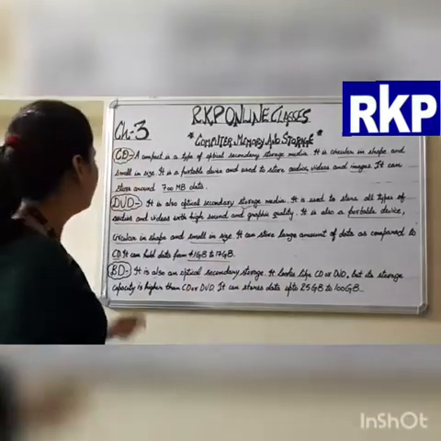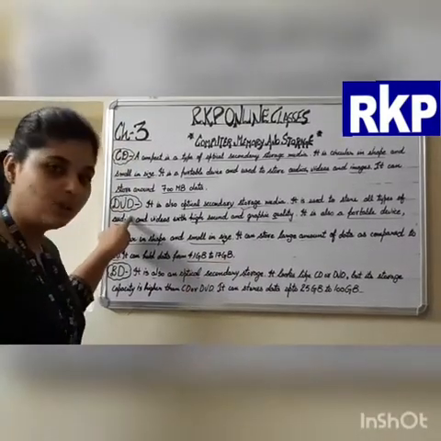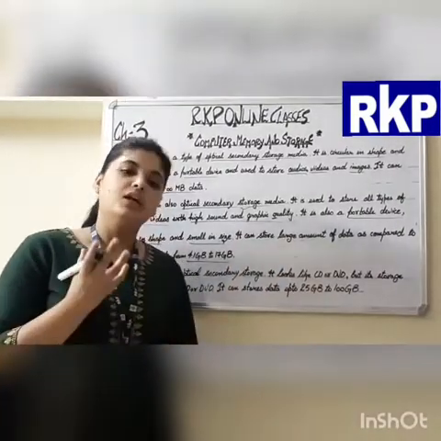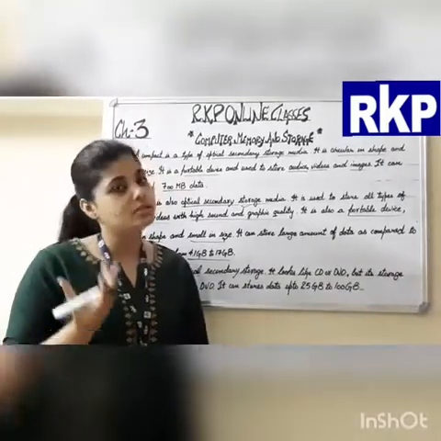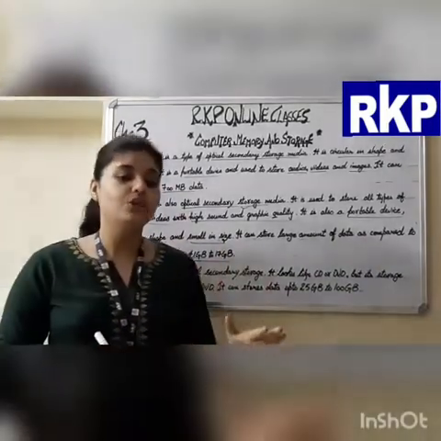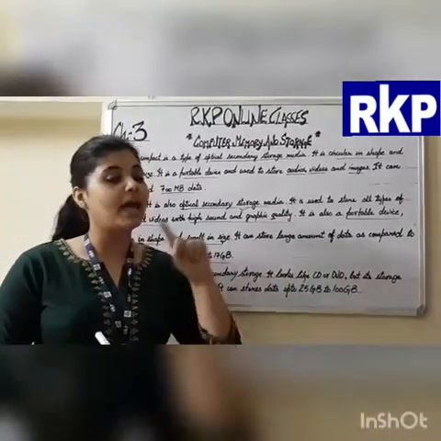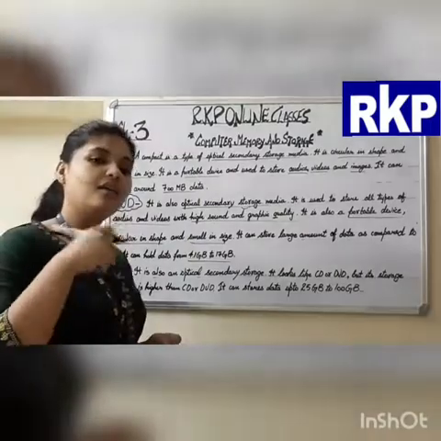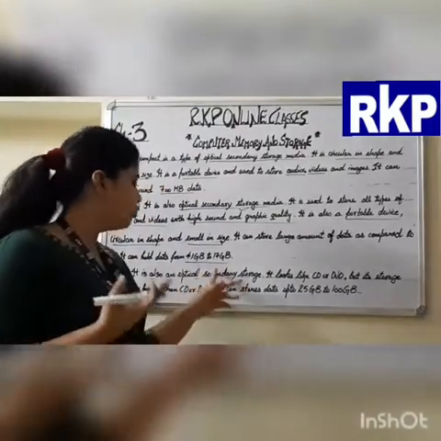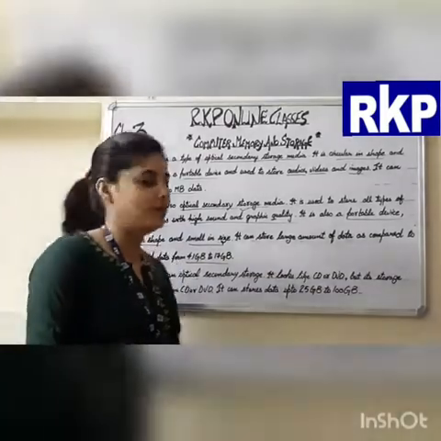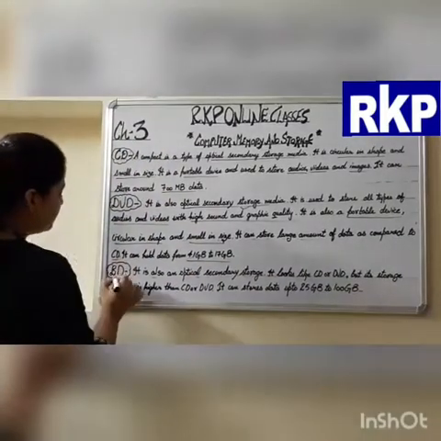Again, I am giving you an overview of DVD. It stands for digital versatile disk. It is also an optical secondary storage media. It is also circular in shape, small in size, but it stores audios and videos with high quality as compared to this CD, and it can store data from 4.1 GB to 17 GB, that is more than a CD can hold.